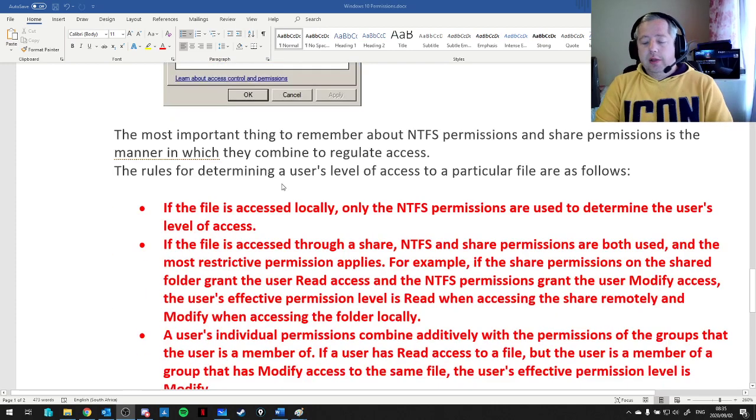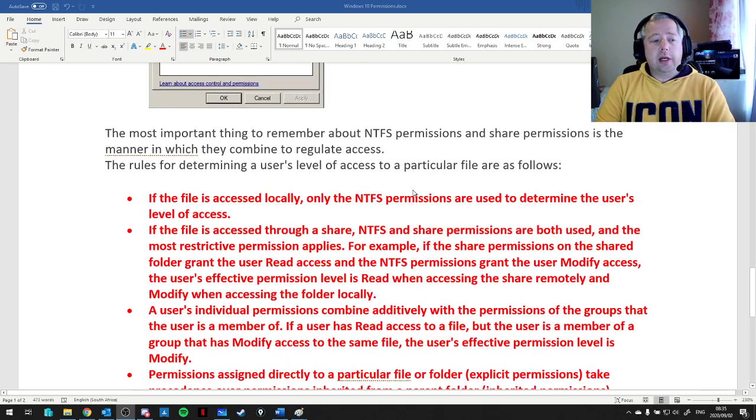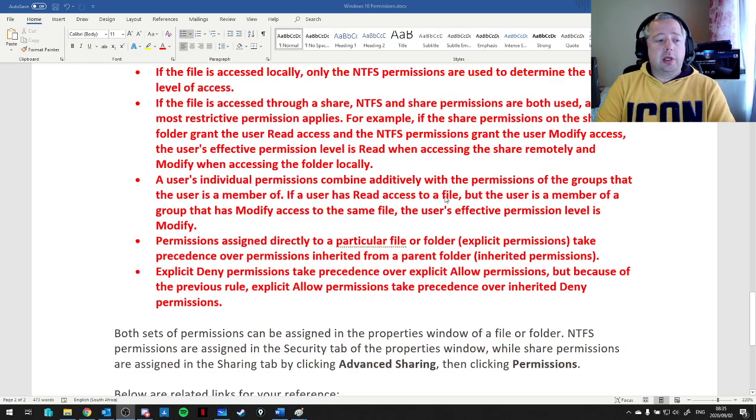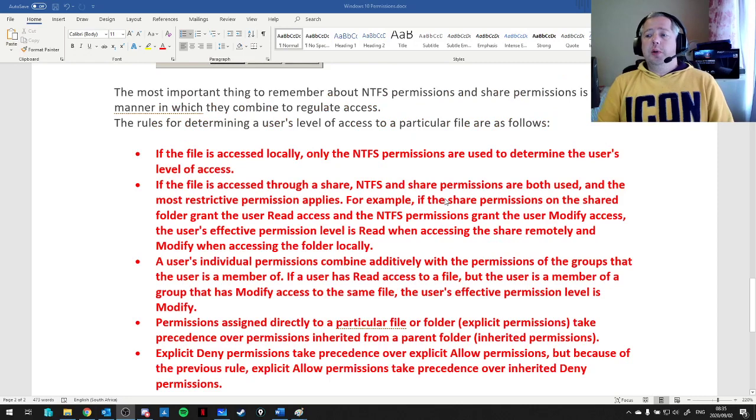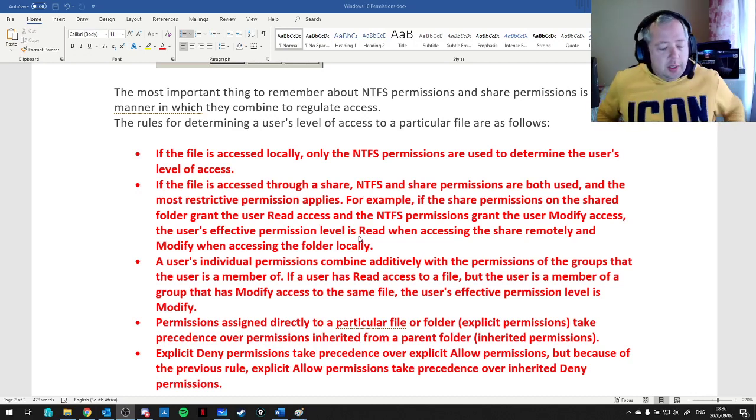Okay. Now the important part is this little red section here at the bottom that I've highlighted for you guys in that Word document. These are what we call the rules. So this is what I wanted to work through, show you guys maybe an example or two as we go through it, so that we can just get that understanding of how this actually works. Okay, so they say rule number one,